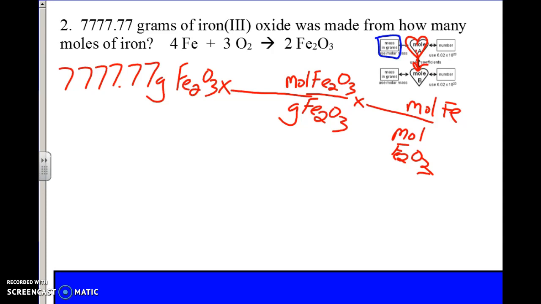Now we'll go ahead and we'll put in some numbers. So right here, this bridge is the molar mass bridge. So that means we've got to go get a number off the periodic table. So this would be 159.70 is 1 mole. Right here is the coefficient bridge. So there is a 2 in front of the iron 3 oxide, and there's a 4 in front of the iron, so I put a 4 and I put a 2. I go ahead